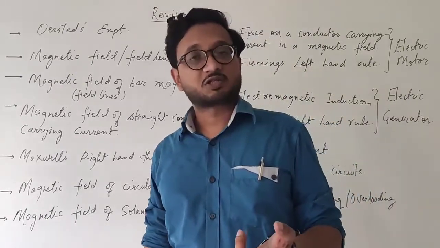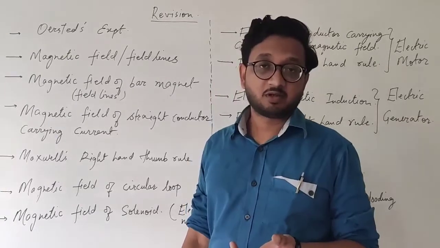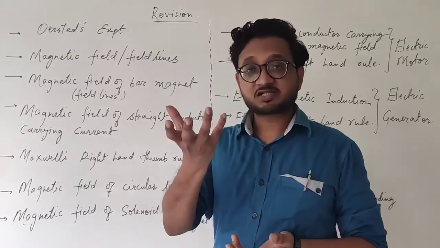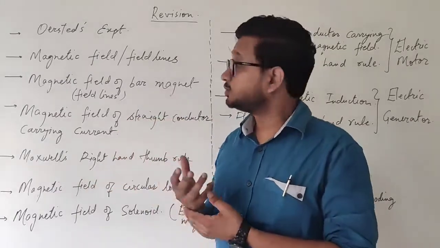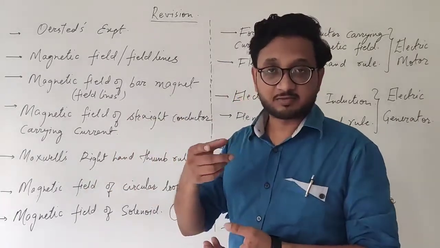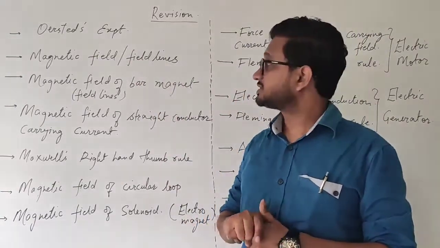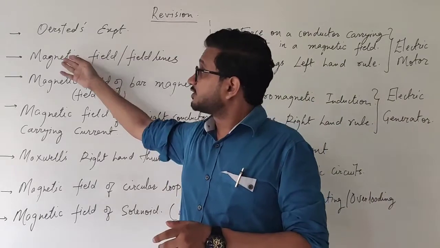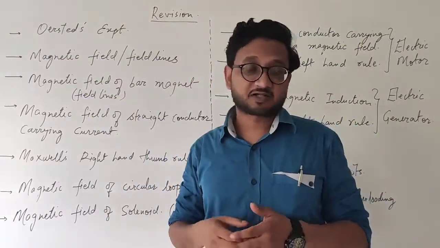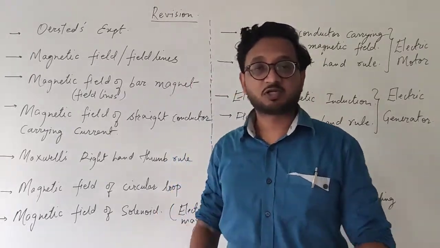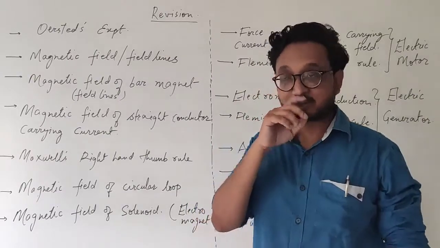Hans Christian Ørsted, a scientist, was studying electricity, but on his experiment table he found that the magnetic compass needle, just kept as a simple experiment tool, started showing deflection whenever current was passed through a conductor. He concluded that there is some sort of magnetic effect of the current, because the needle does not deflect on its own. It always gives the direction of the north pole, as we know, the magnetic needle in the compass.